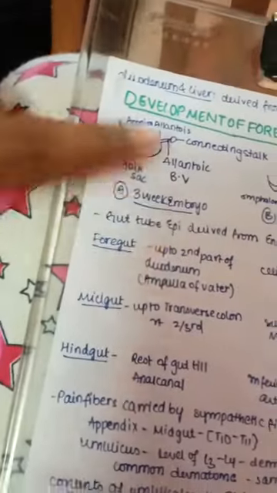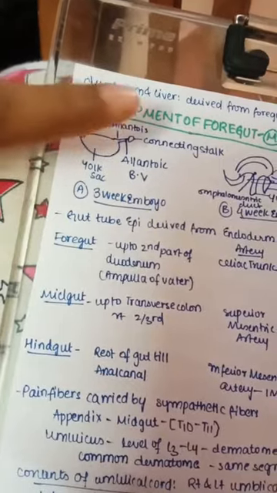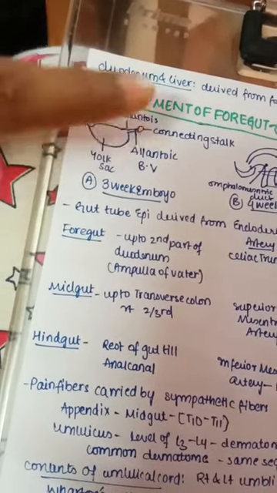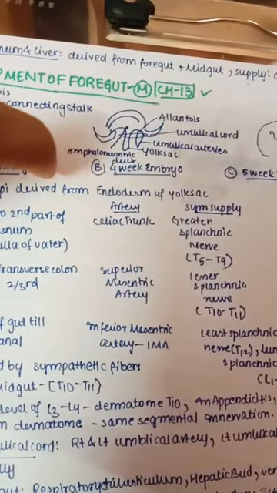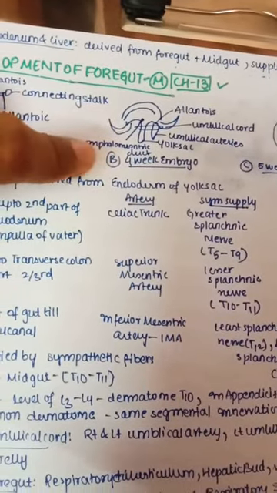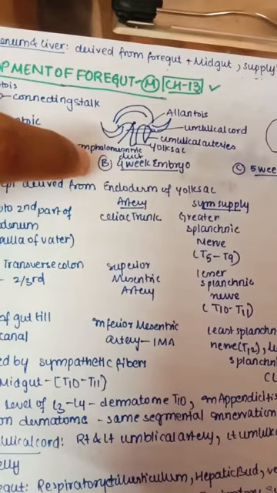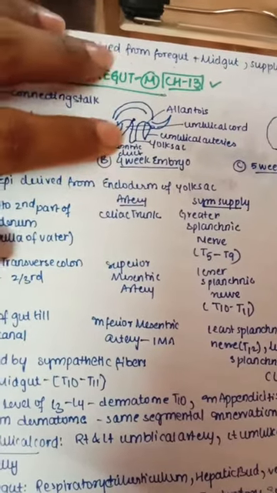First we'll start with the diagram so that we can understand. In the 3rd week the embryo looks like this. We have amnion, allantois, connecting stalk, allantoic blood vessels, yolk sac, and in the 4th week the embryo looks like this. The vitellointestinal duct, also called the omphalomesenteric duct, also develops, and yolk sac, umbilical arteries, umbilical collar, allantois,